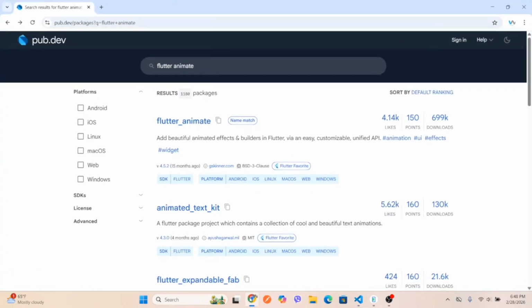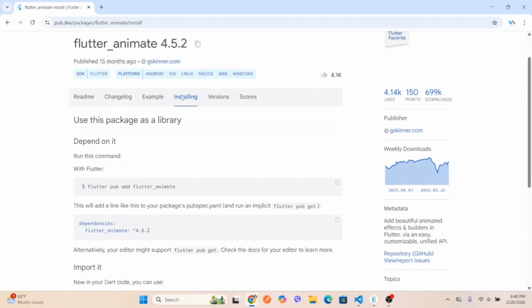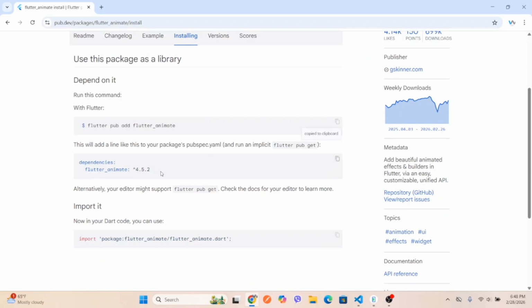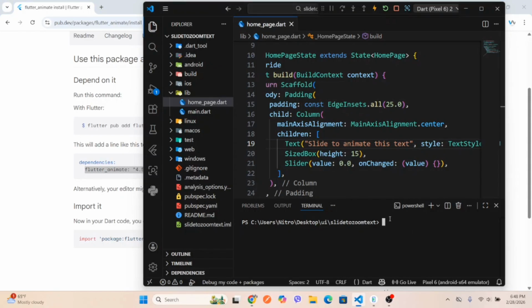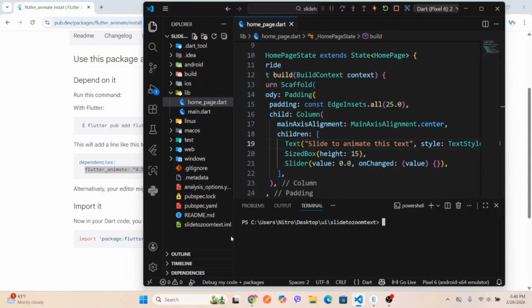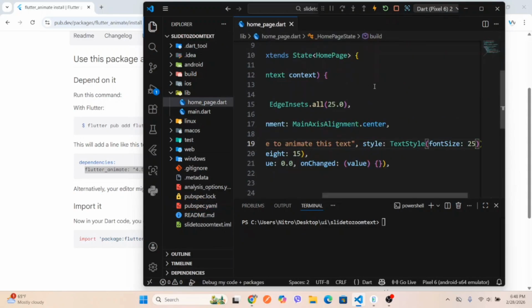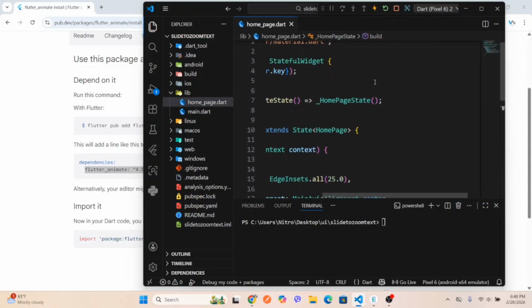Now open the browser and go to pub.dev and search for Flutter Animate. Okay, you'll get this package over here. It has like 699k downloads for now. Open this package and click on the installing tab. Copy this command, or you can copy this and add it to the dependencies in the pubspec.yaml file. Okay, I'm going to run this command in the project directory in the terminal of VS Code. Okay, now if you open up the pubspec.yaml file, as you can see, this new package has been added to our Flutter project. Now open the homepage.dart file,